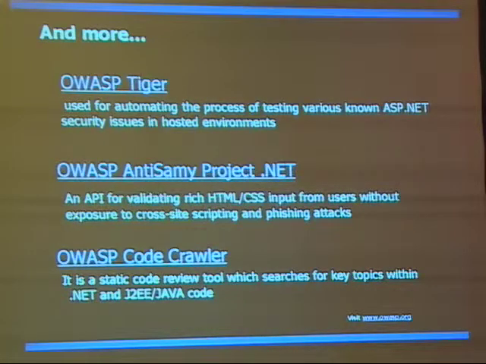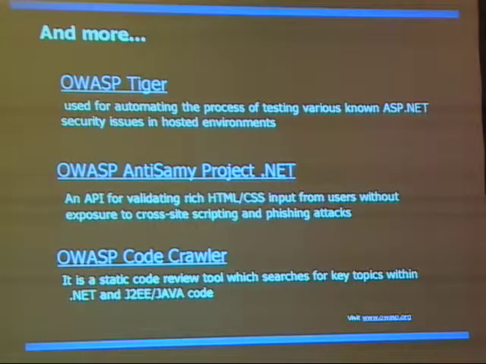The OWASP Tiros project, if anyone here is in a hosted environment or runs an ISP or is in that space, there are a lot of tools that were built to test the ASP component in a hosted environment, from a security flaw perspective. So well worth looking at. Anti-Samy project, everybody probably is familiar with Samy from MySpace.